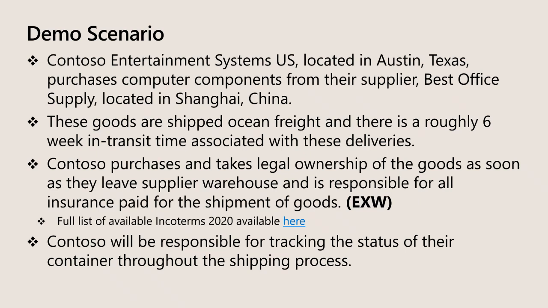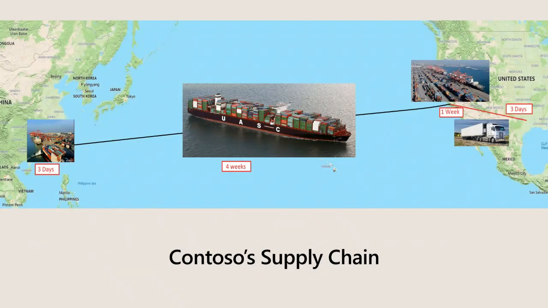The Incoterms or delivery terms for our demo scenario today is EXW, which means the buyer would take ownership as goods are being loaded, and Contoso would be responsible for tracking the status of the entire voyage and containers throughout the shipping process. So it will be a full end-to-end process, all the way from voyage creation to